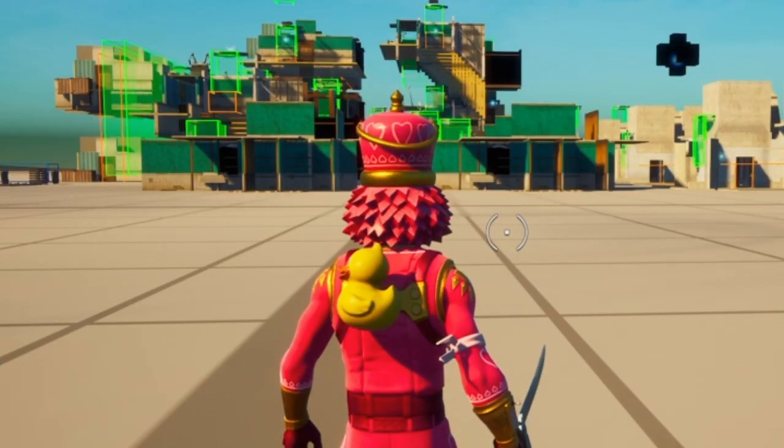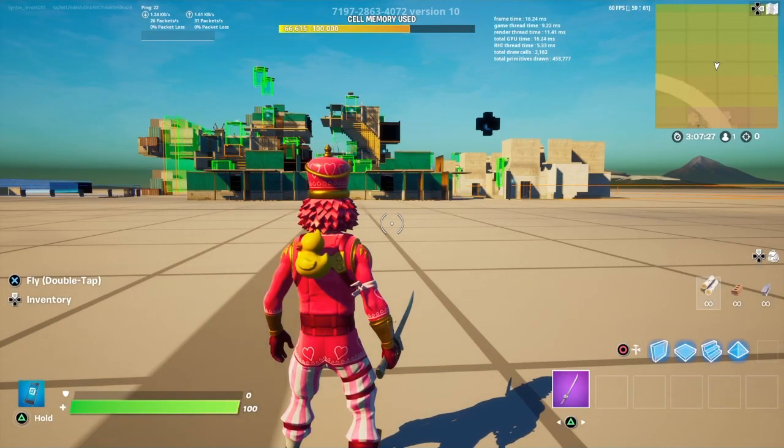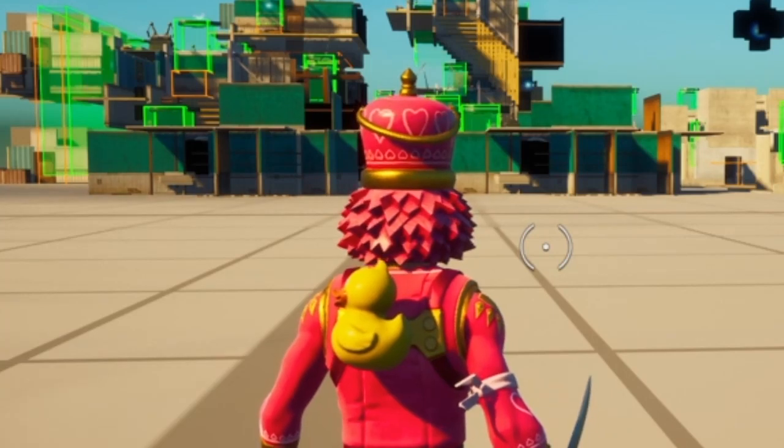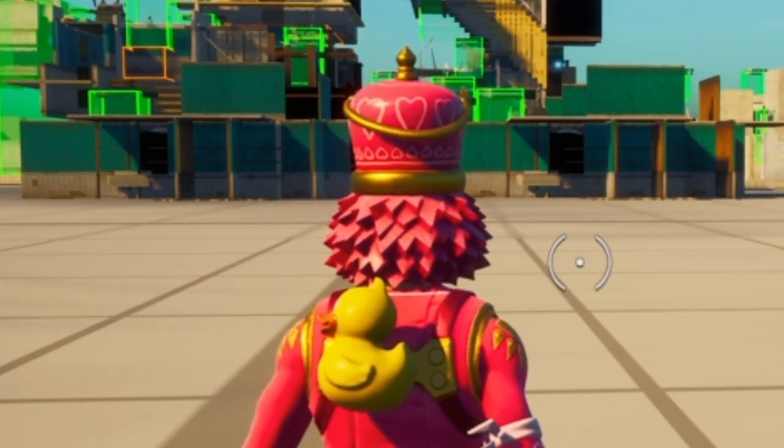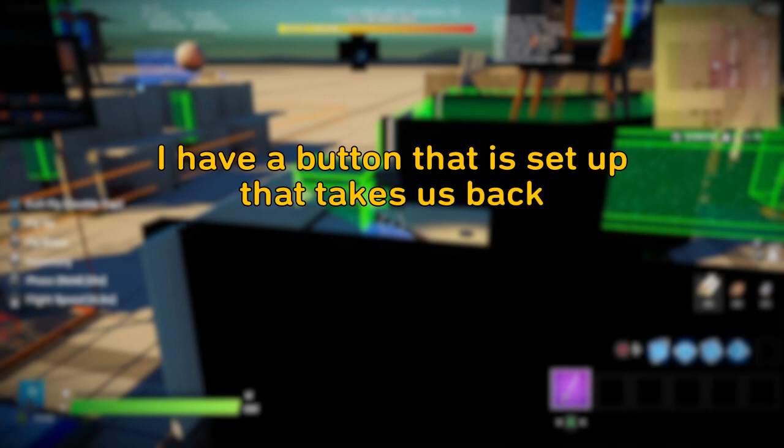I got them a long time ago through some glitch, so I'm sure there's tutorials on YouTube on how to get them, but if you can't get access to them, just take the helipads and grow them as large as they can go. Oh, and I almost forgot, I have a button that is set up that takes us back